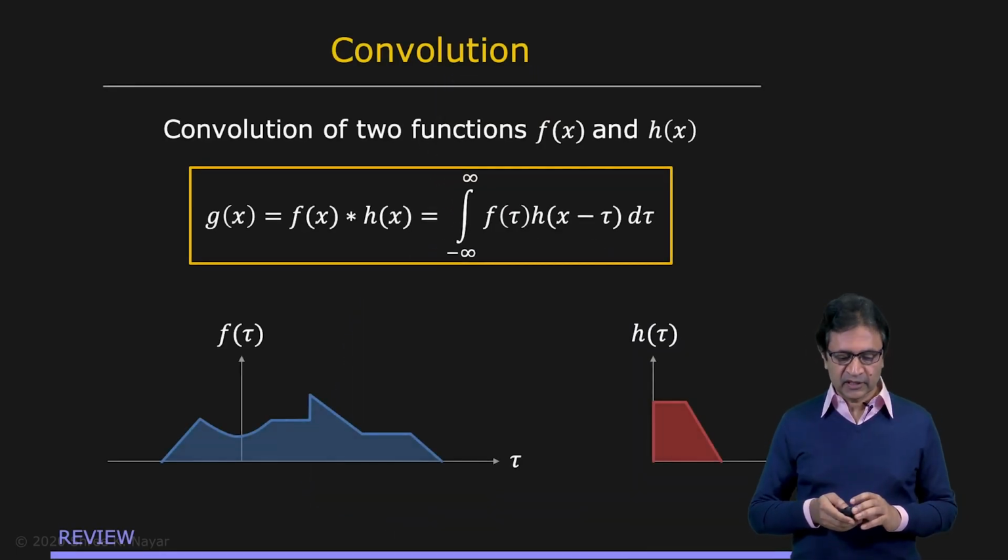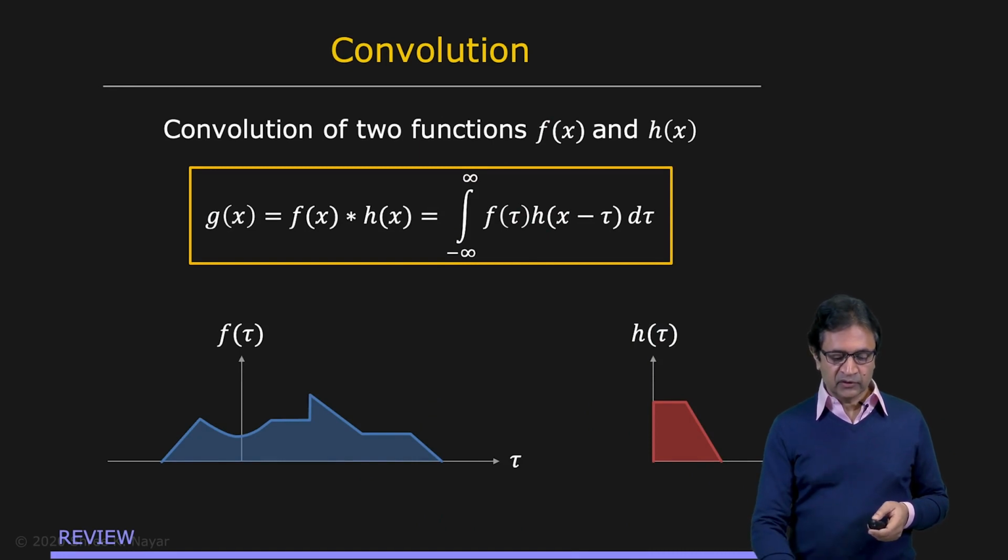We have already seen that convolution is a really important concept in image processing. It turns out that there is a very close relationship between convolution and the Fourier transform. It's also a very important relationship. First, let's take a look at convolution once again.